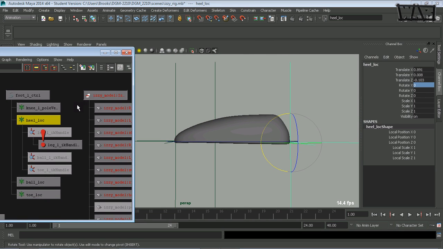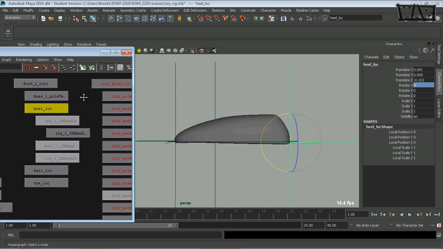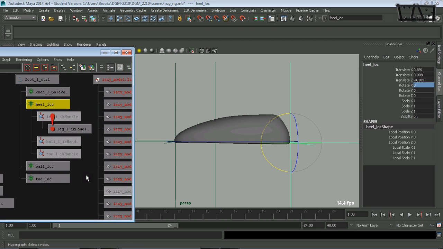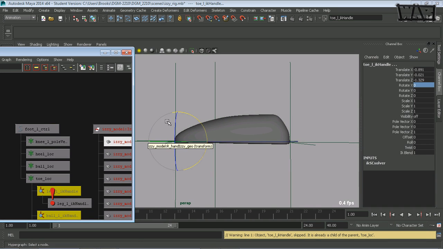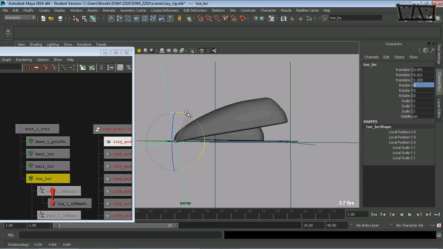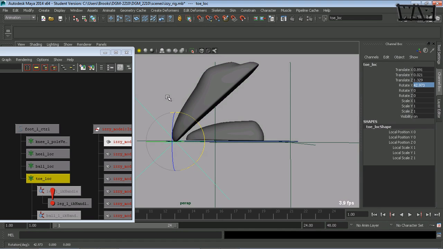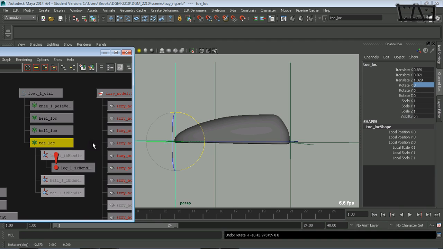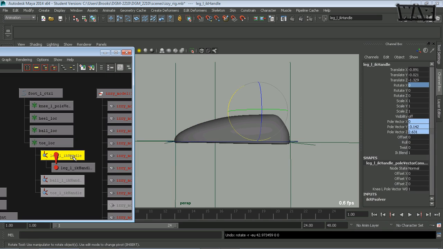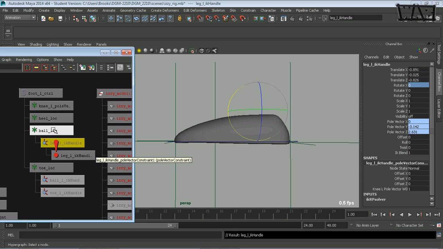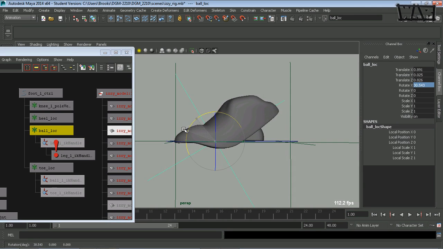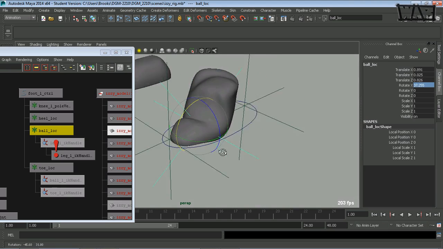Now what if I want to go all the way up to this tippity toe? Then I could parent all of these to the toe. And then I could actually grab the toe and rotate them all up on the toe. Okay. Well, what if I didn't want all of them to go up that way? I just wanted some of them to. So what if I grabbed this leg IK and parented it to the ball? So I can rotate just the back